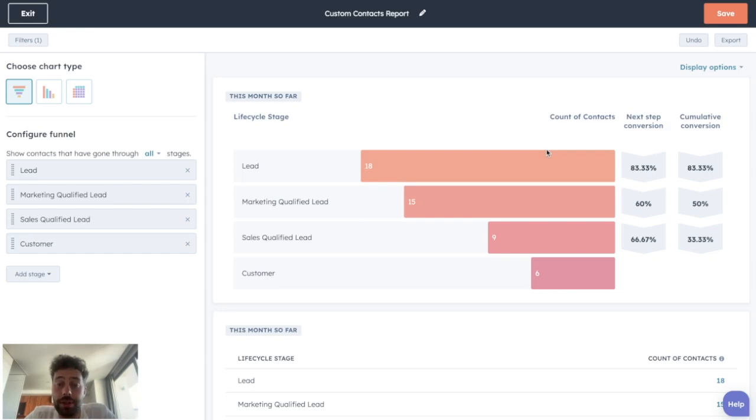What is HubSpot Lifecycle? It's one of the main native properties that HubSpot gives us when we create our portal. This property should be seen as the global stages of a lead from its generation to its transformation into a client. I like to consider this property as a reporting property. In short, this lifecycle property allows us to build this kind of conversion funnel to identify the performance of our